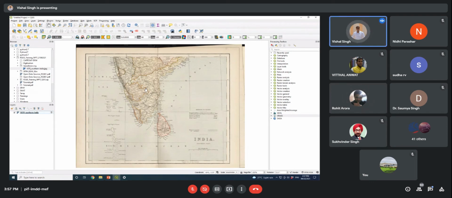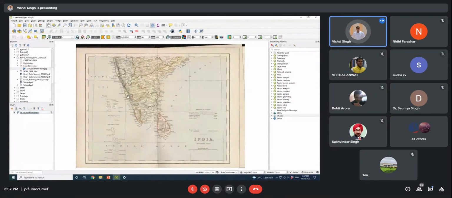Yeah, I can tell you. Suppose you are working with a vector data set, so it can be multiple files. Like a shapefile will have other sub files. One file for projection, one file for database information, one file for some other information.